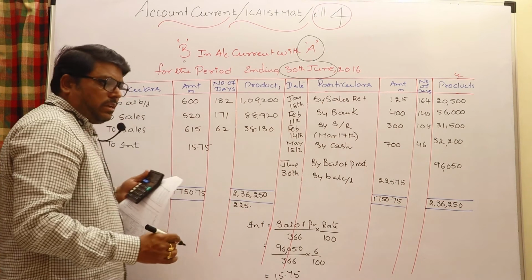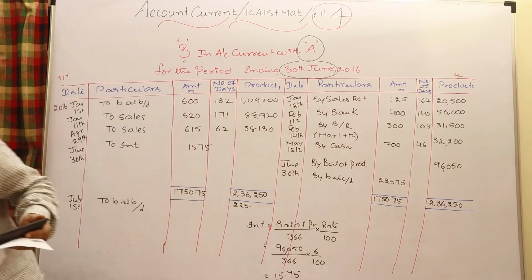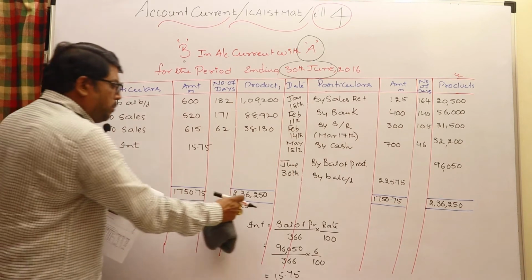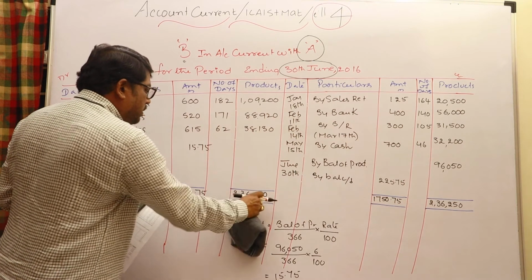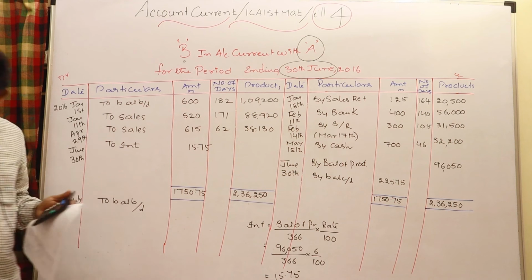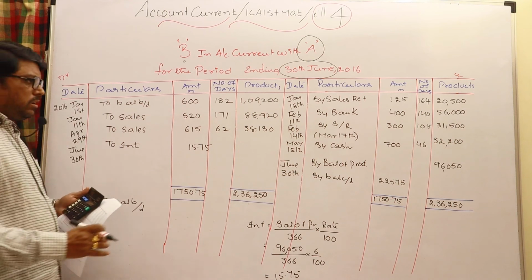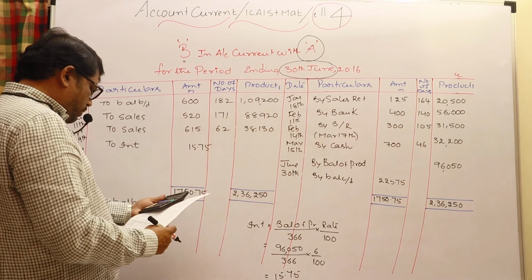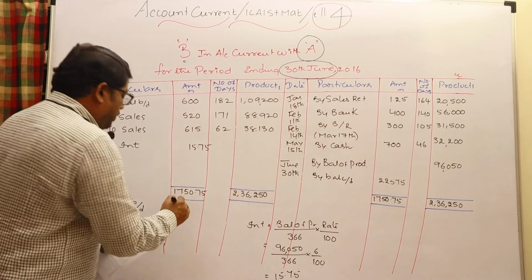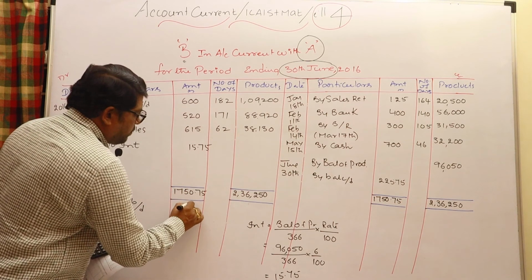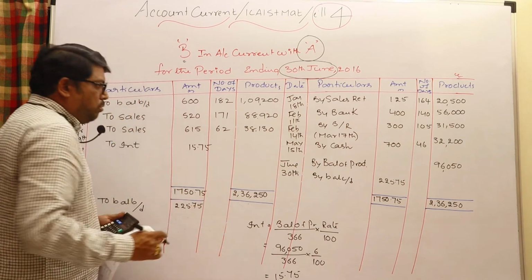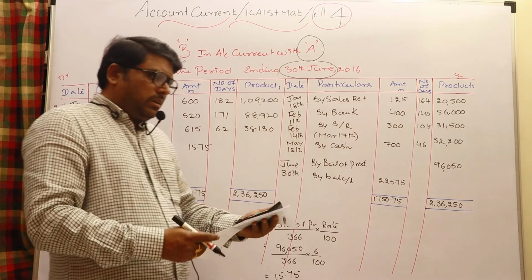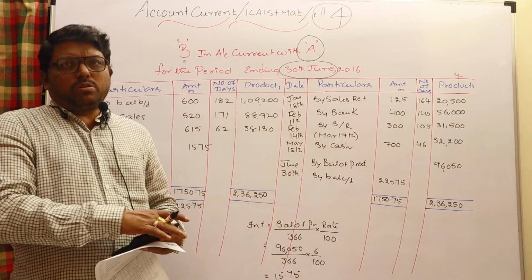Sorry, you have to write it not in the products column, we need to write it in the amount column. Amount column we have to write it. By balance carried down, to balance brought down 225.75. So that is a simple way to work out this